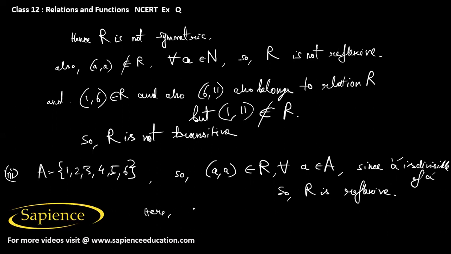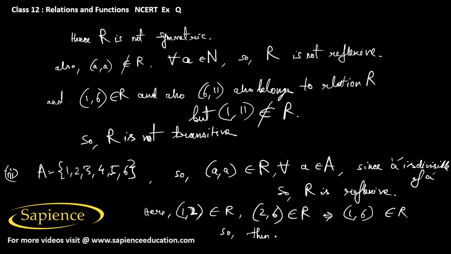And here, suppose for example, 1 comma 2 belongs to the relation R, and 1 comma 5, and 1 comma 6, or suppose for example 2 comma 6 also belongs to the relation R, and this also implies that 1 comma 6 also belongs to the relation R. So I can say that